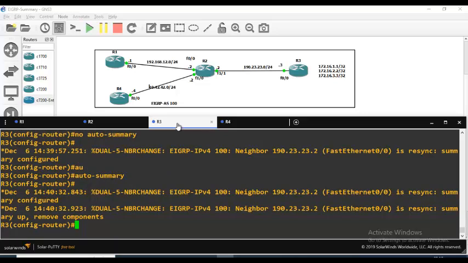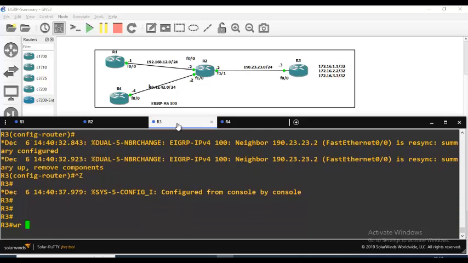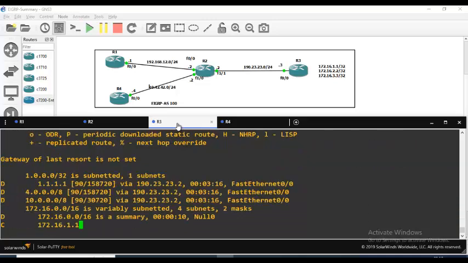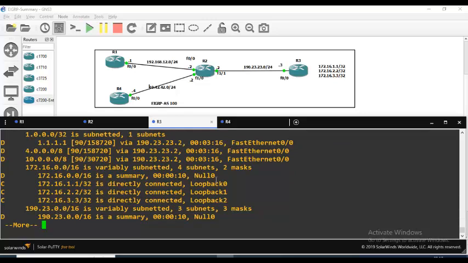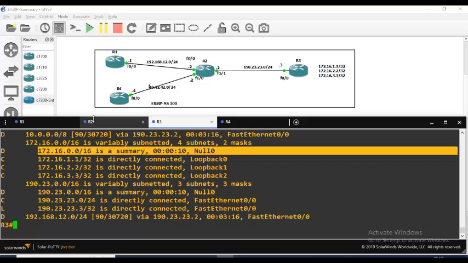Now on this router, when you check the routing table, you will see Null0. Not on any other router. On the other routers, if you go now, earlier you were having detailed routes, but now you have a summary route